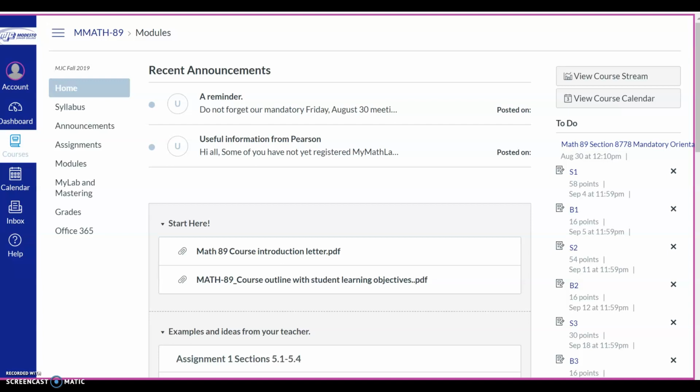This video is designed to show you the most effective way of registering for MyMathLab. There's many ways you can try it, but this way is designed to eliminate most of the problems that can happen. So you're here as a student in our Canvas shell, and the very first time you click on MyLab and Mastering,